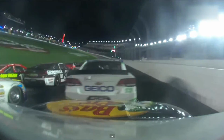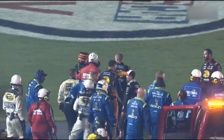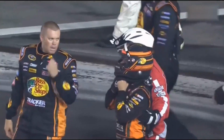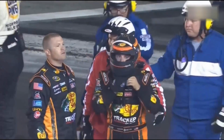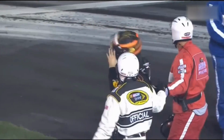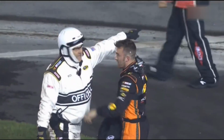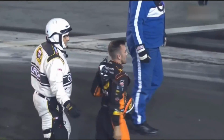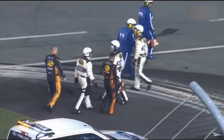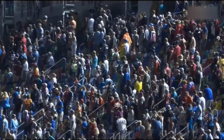Hang on, this will be a wild ride. That was Tony Stewart going underneath the 3. Kevin Harvick. What an incredible sight to see Austin Dillon walking away from that 3 car that is demolished. Unbelievable impact, Austin Dillon. When you watch this replay, when he gets in the catch fence, the car comes to a complete stop. I've never seen a car stop that